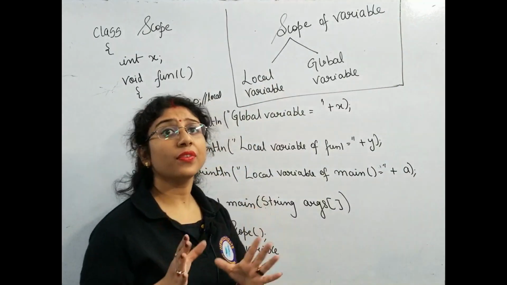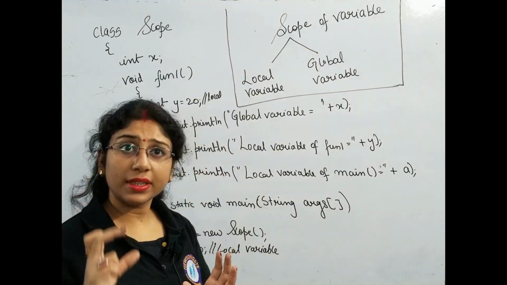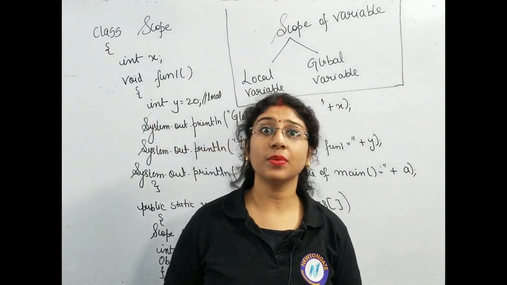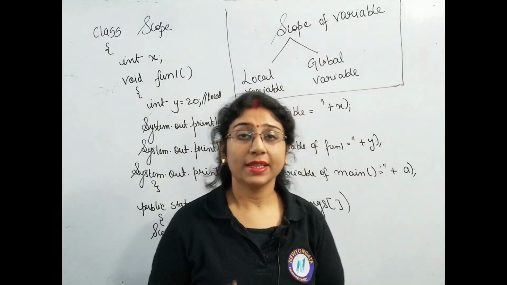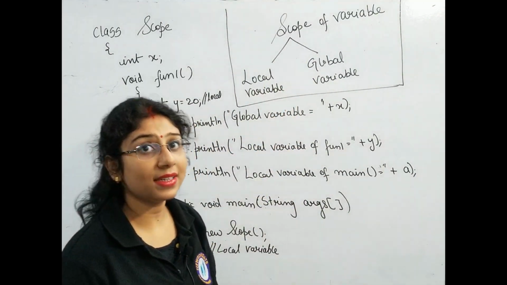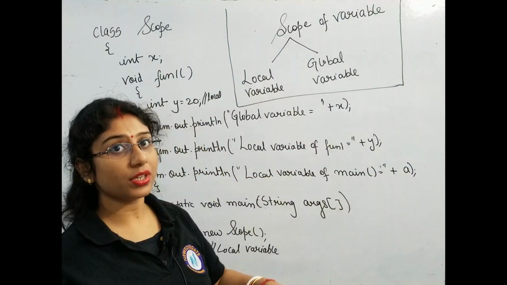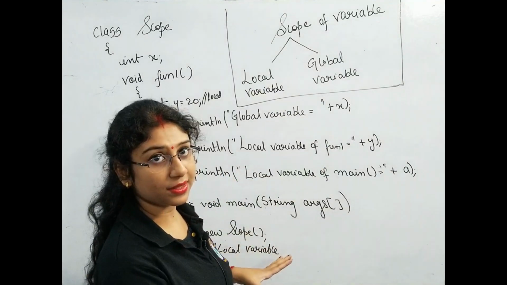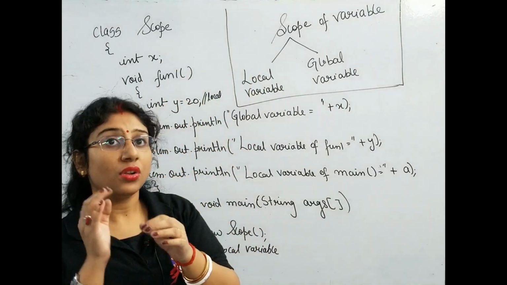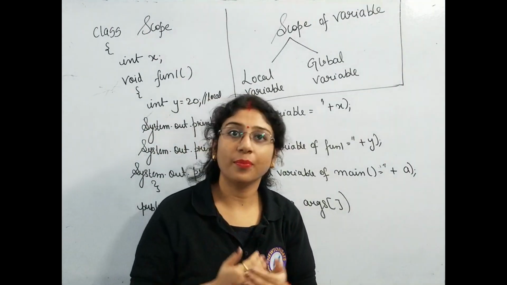Local variable means when we want the accessibility of a particular variable to be within a certain block. In that case we use a local variable. But if I want the variable to be accessible throughout the program, then I declare it as a global variable, so that I don't need to declare it again and again. Global variables are accessible by all the functions which are declared inside the class. But in case of a local variable, the variable which is defined locally inside a particular block will be accessible only within the block.